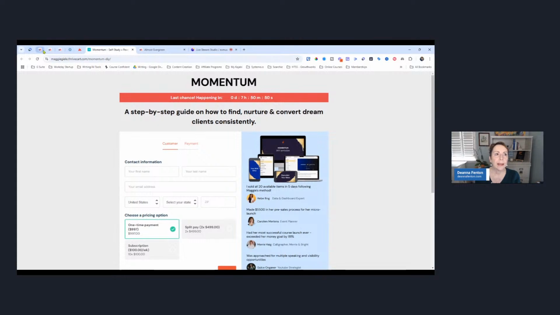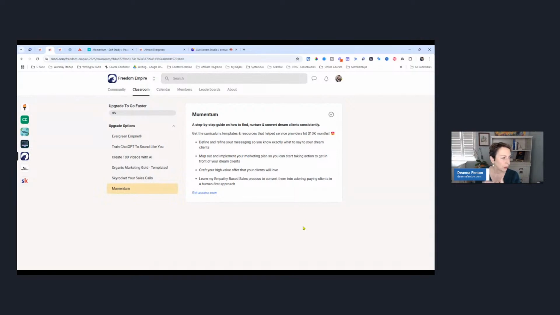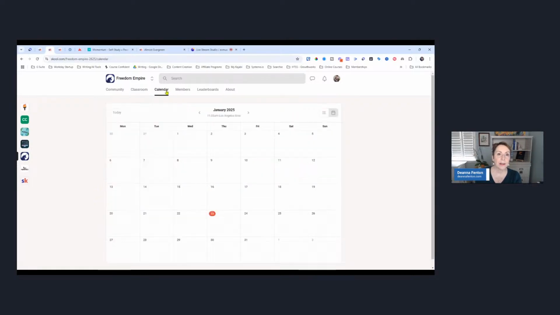So here again, the strategy for using Skool is top of funnel, low ticket, get them in, start to create the know, like, and trust and show valuable content while members in your community help you build your community, right? Because the more people that are in there and talking and sharing their wins, the better for the community owner. So that is one way that she has done it.